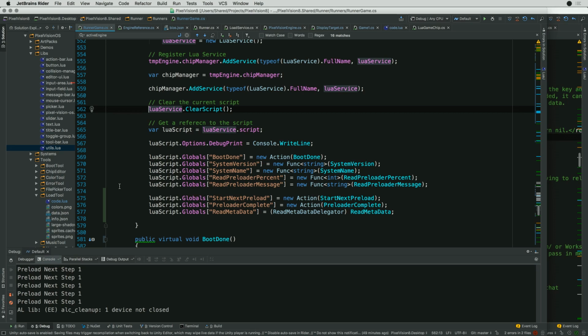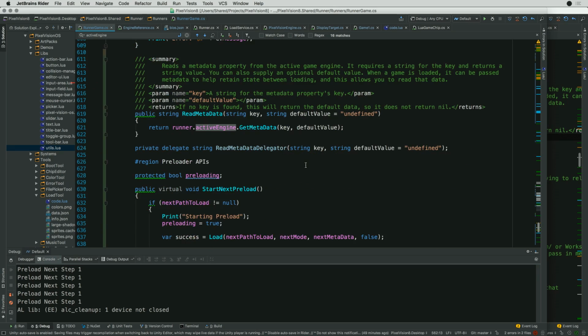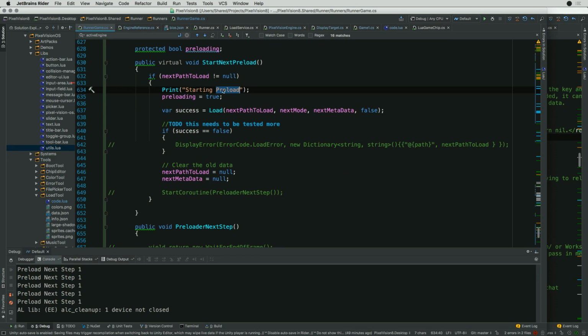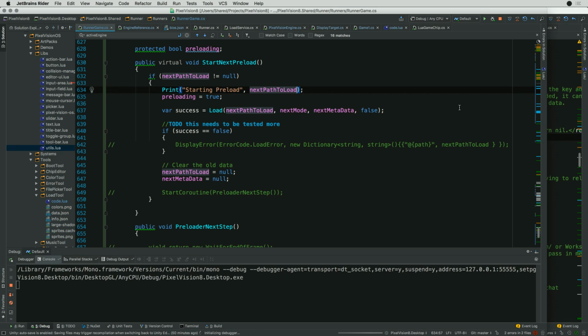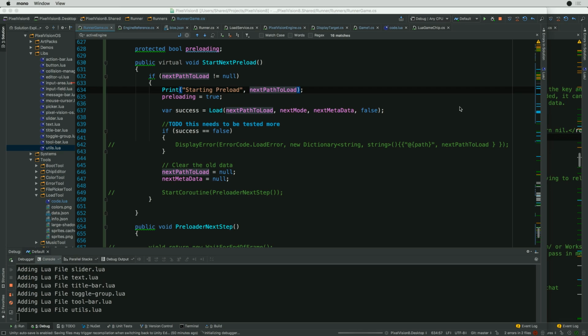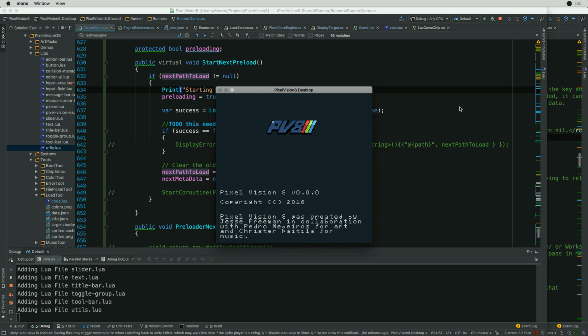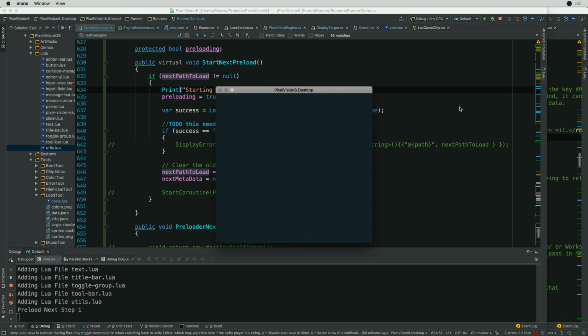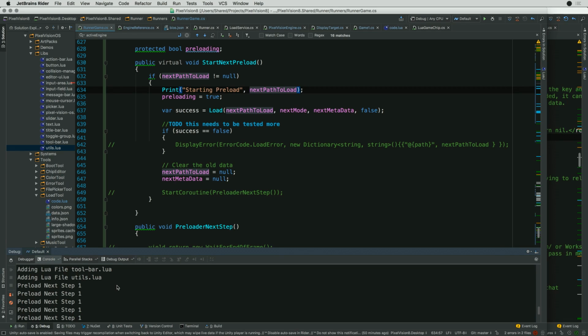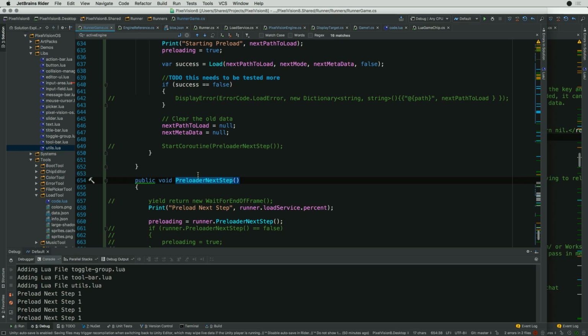What's interesting is I'm not 100% sure how it's actually. Let's see here. Start next preload. Let's see what it has to say for itself. So whenever we start the preload process, we got to trace out the two things. I got to go back and do it when it actually calls load. But all right, so loads all the files, and we're good to go here. Now, what's weird is that it calls preload next step, but it's not actually. I'm just kind of curious to see if